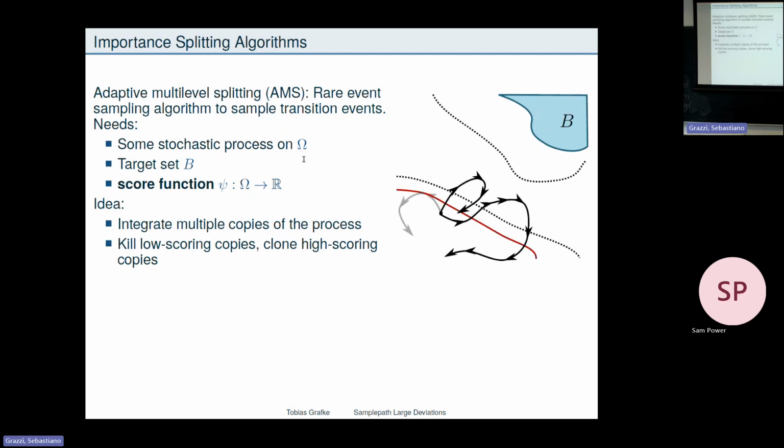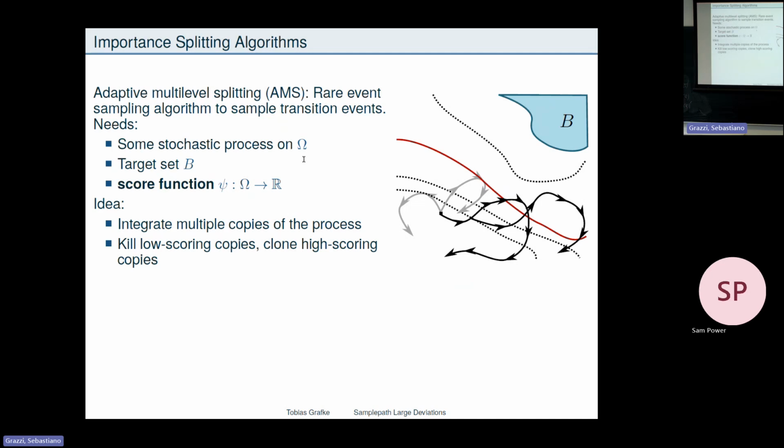I start maybe with 3 trajectories, but okay, maybe assuming metastability or something like this, this is actually an attractive set, so most of them will eventually just fall back in various ways. And I have my score function, and I say this one is the worst performer in terms of maximum score reached. It's the red line. All of the others exceed this score, because this one goes to here and this one goes to here. So I kill this one, I randomly pick another one, and I clone this one at the point where it first reaches this level. So this is the next step.